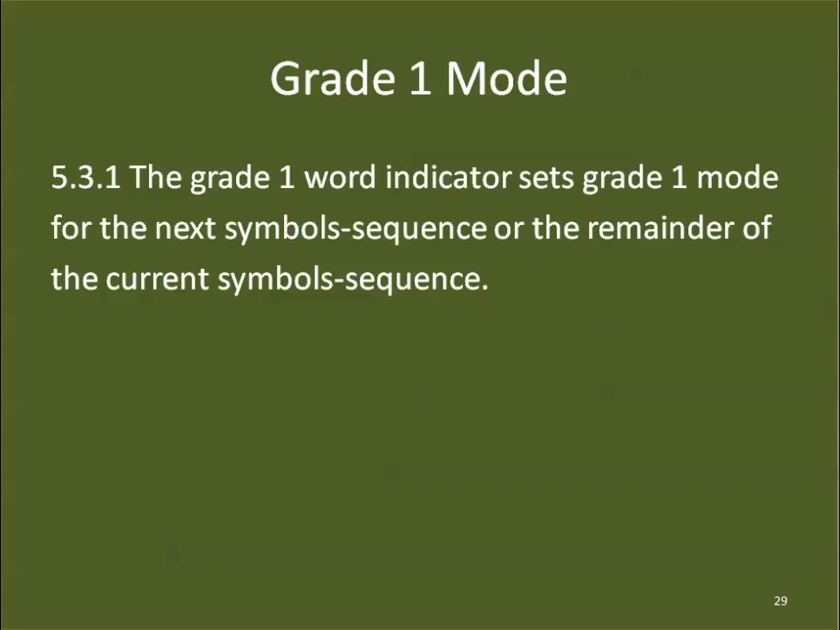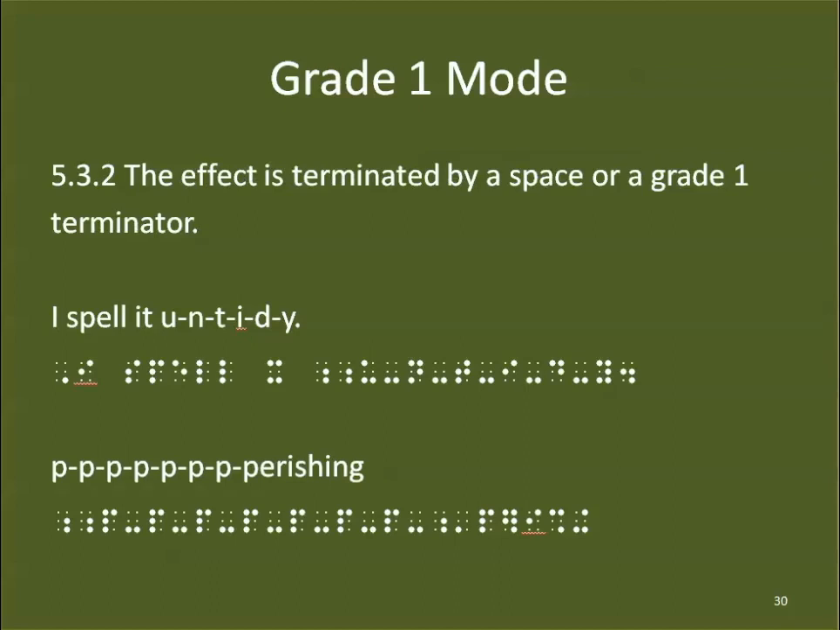Moving on now to the grade 1 word indicator. The grade 1 word indicator sets grade 1 mode for the next symbol sequence, or the remainder of the current symbol sequence. Now with our capitals mode, it was letter sequence only, but with grade 1 indicators, the grade 1 indicator goes through an entire symbol sequence, so it doesn't have to be just letters. The effect is terminated by a space or a grade 1 terminator, so it's either just going to end when we get to the end of the symbol sequence, or